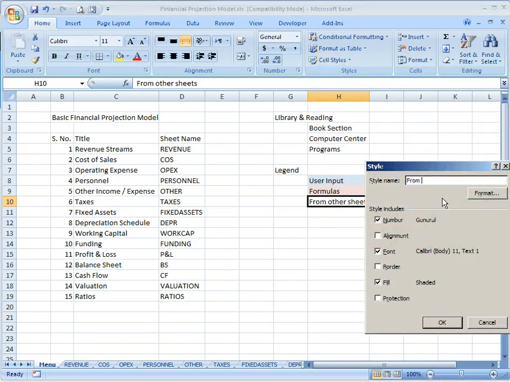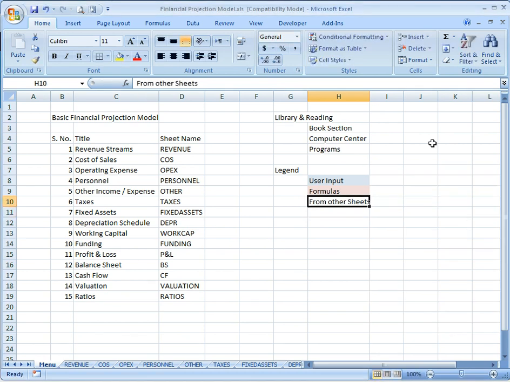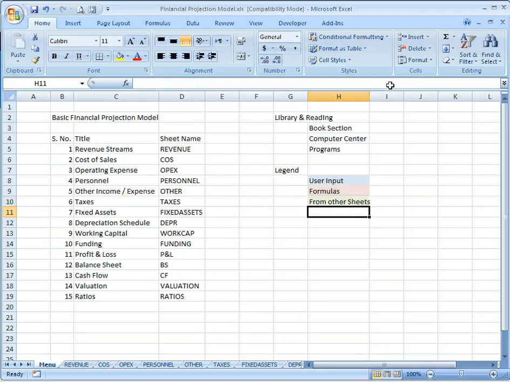We have to create a style for this. Duplicate. Style from other sheets. Then to other sheets. These are the values which are going out of the sheet to another sheet as an input.